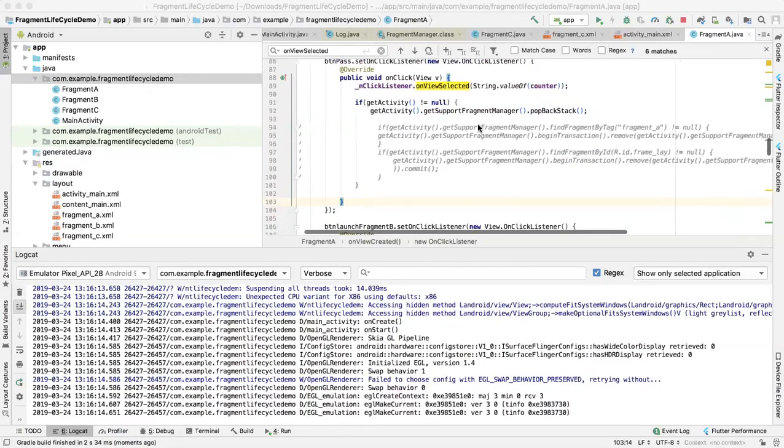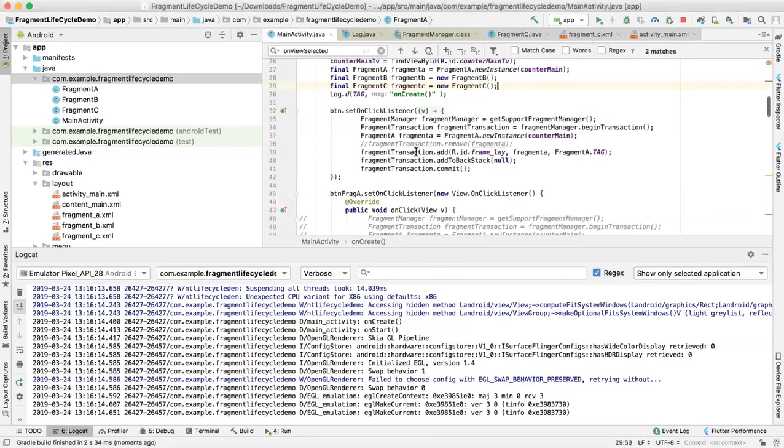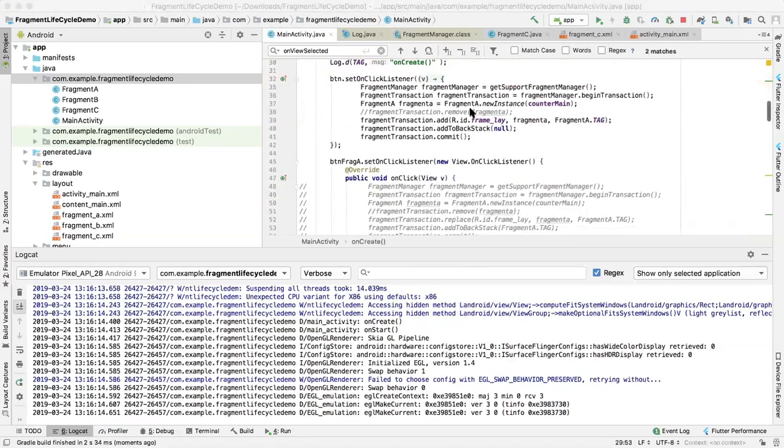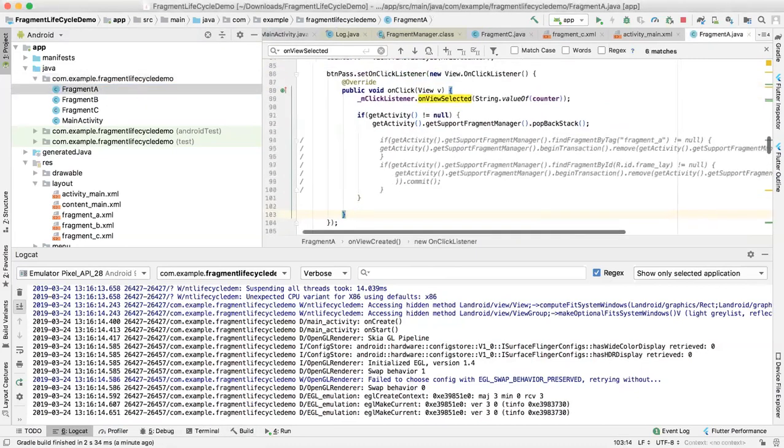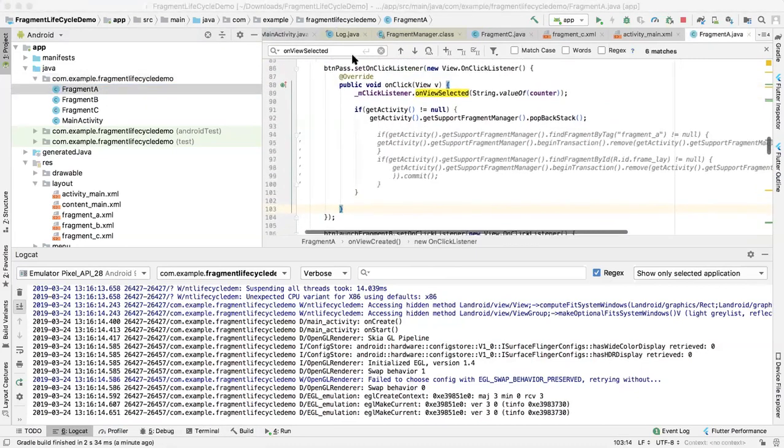You can also pop a fragment from the back stack by doing this, which will remove the current fragment and replace it with the last one from the stack. For this to work, you need to do add to back stack on the last fragment transaction. I'm closing this fragment on click of the pass the data button,